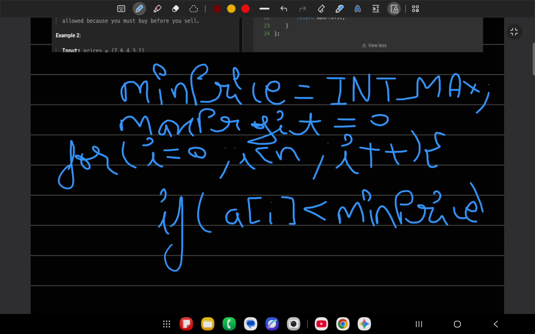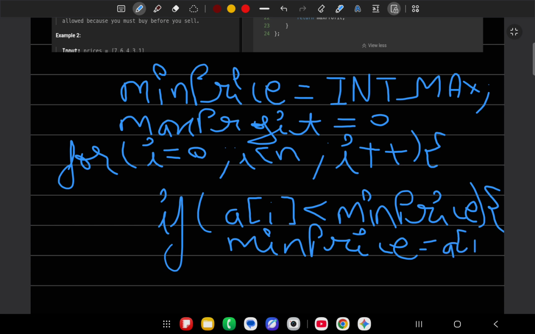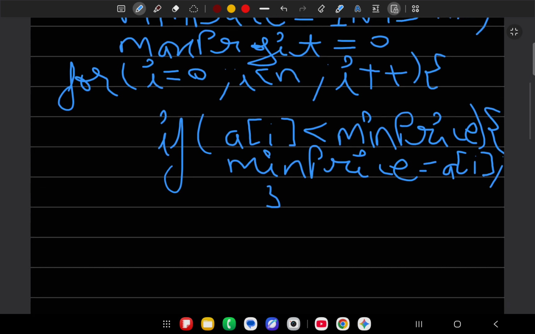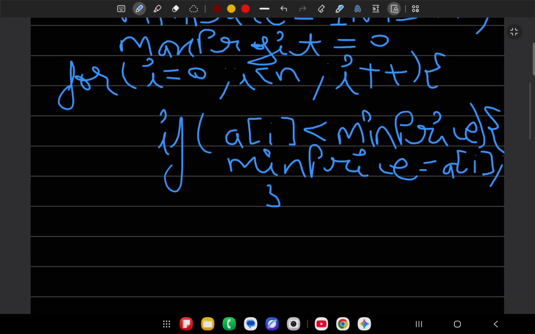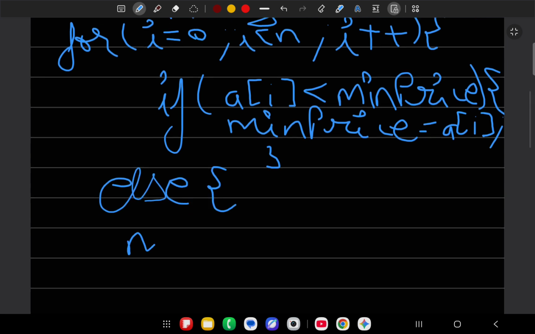If so, we change the min price, which means we buy on that day, a of i. Else, if a of i is not smaller than min price, just compare with your maximum profit.